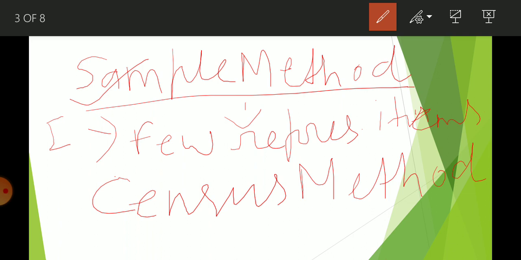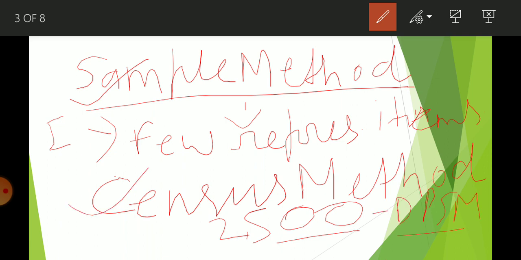And if the investigator is going to collect from all the students, meaning 2500 studying in Divine Public School, Mohnapur, this is the example of census method. If he or she only collects from 250 students, then it is known as a sample method.